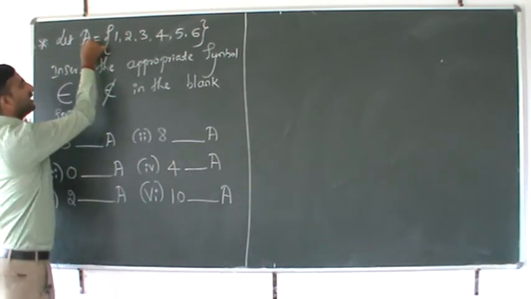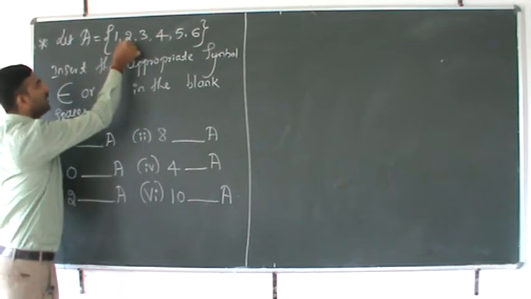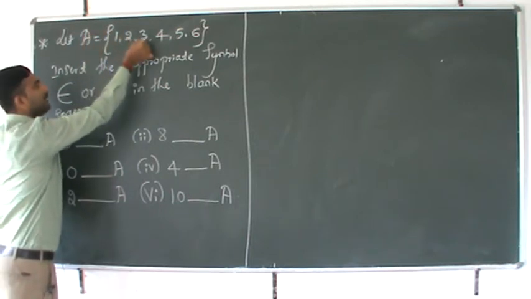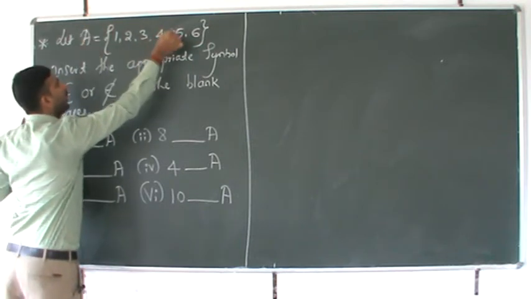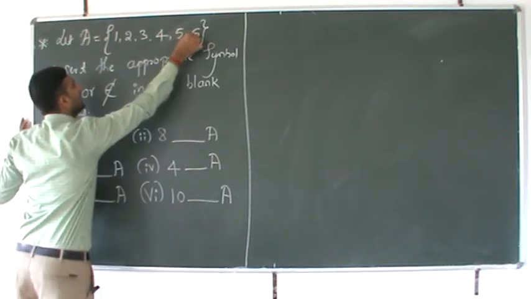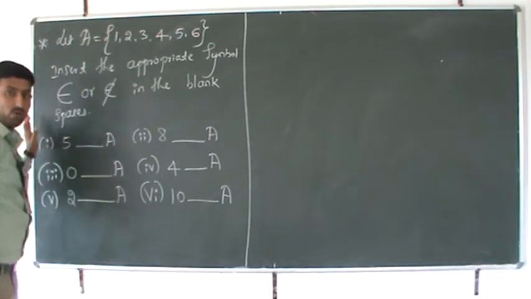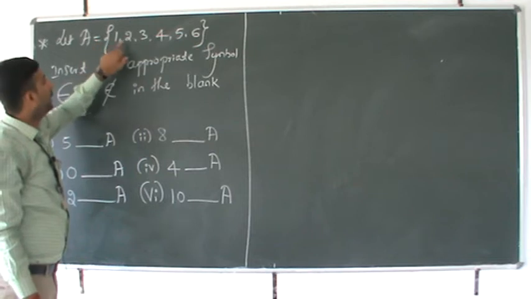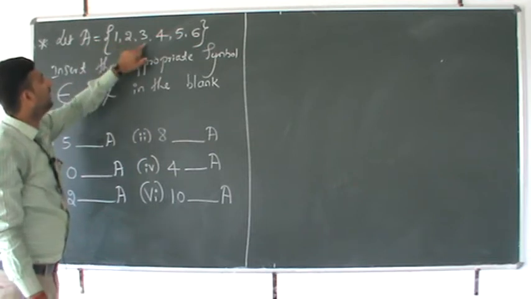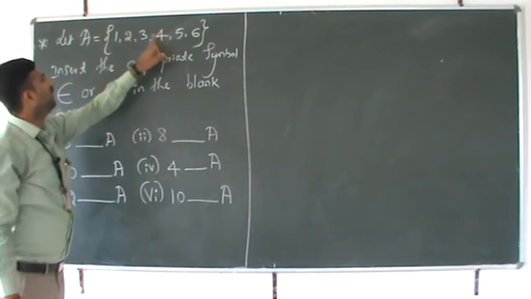1 is an element of set A. 2 is an element of set A. 3 is an element of set A. 4 is an element of set A. 5 is an element of set A. 6 is an element of set A. Or, 1 is in A, 2 is in A, 3 is in A, 4 is in A, 5 is in A,